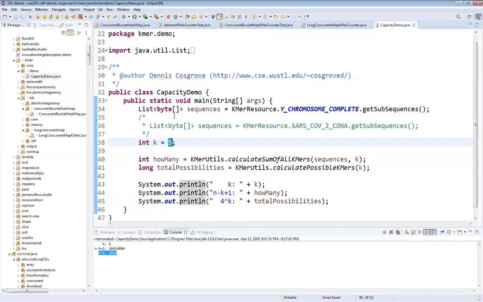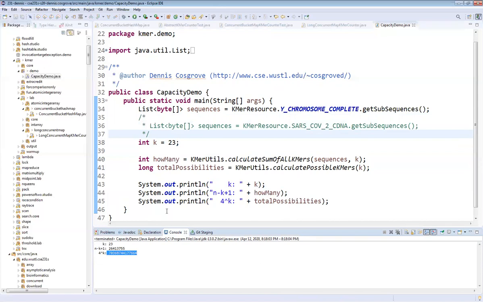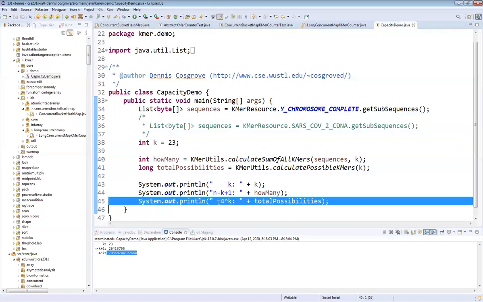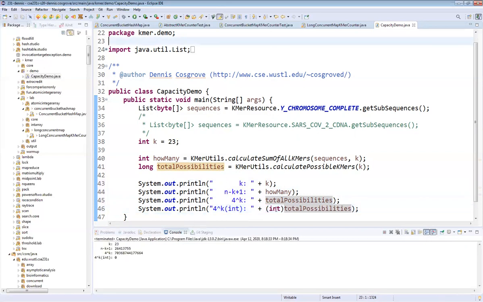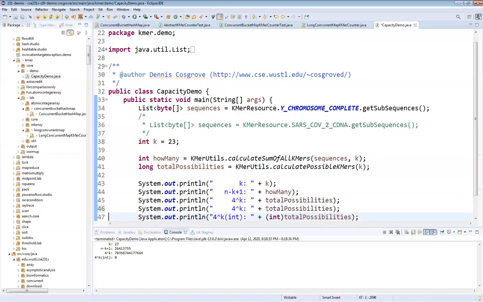One last final thing: if I go back to this k is 23 situation, there's a reason why I had this return a long. This number is too big for an integer. If I do a bonus one, the int version of this, and I cast this to an int, that's going to be 0. If I look at this number, 4 to the k, as a binary string, using long.toBinaryString,